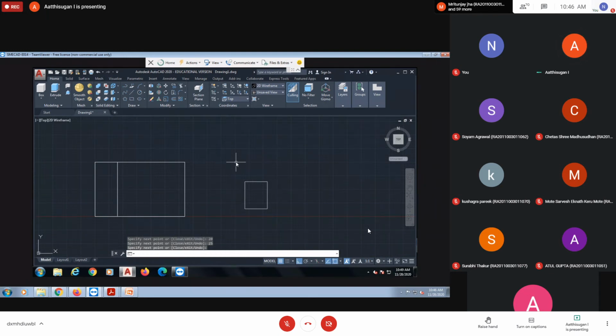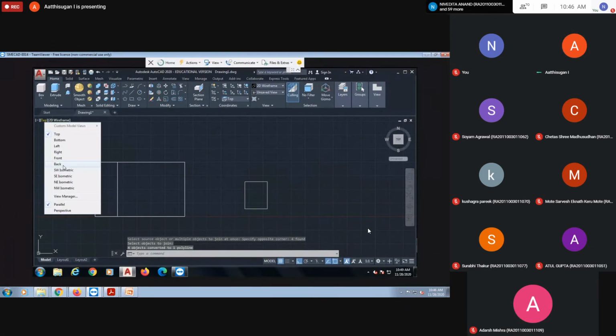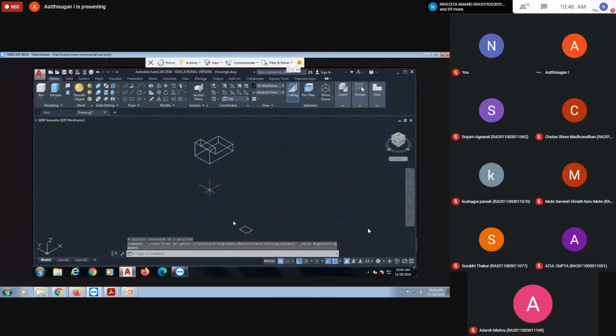Then join into a single object. Enter. Somewhere, no problem. Then you can extrude. You can move the same thing to here and then extrude, or extrude and move, as you wish. I'll extrude here. How much? 20. Correct.